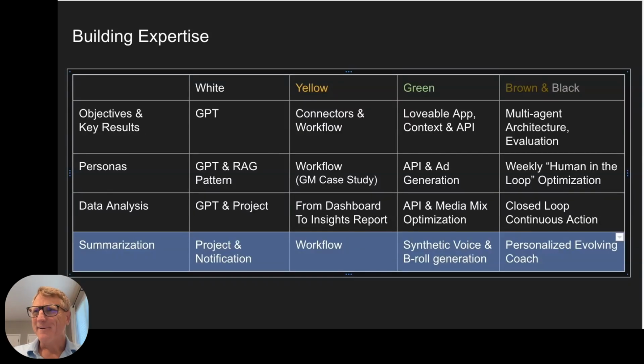We are down to the last major learning objective, which is a hands-on and summarization. Now, this is going to build from the white belt to the yellow and green belt. For the white belt, we are going to focus on taking all the documents that we've created so far, these